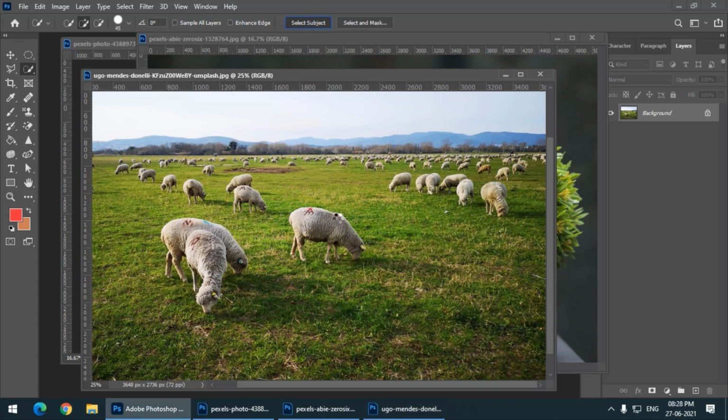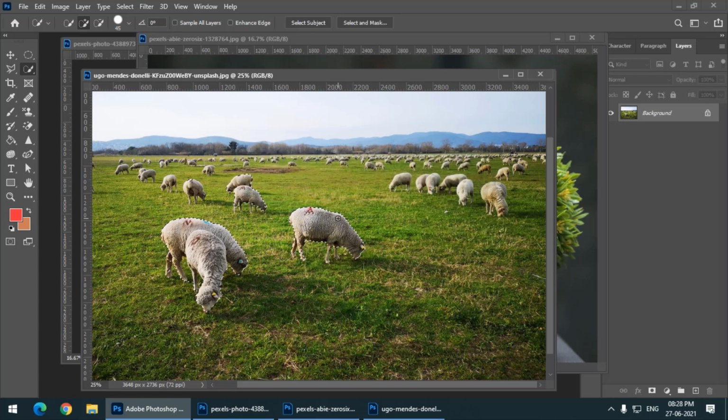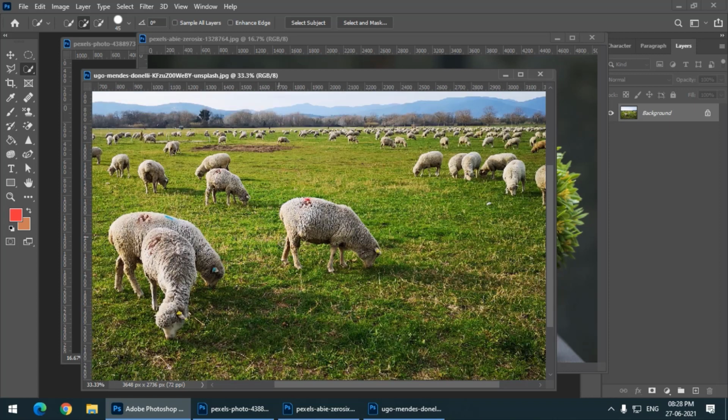It will analyze the entire image, but Photoshop, using its AI, won't be able to recognize the one single object that we want. So it will select whatever it feels right. As you can see, it has selected multiple objects. In this case the object can be anything: a flower pot, a plant, a car, or anything. In this case we want to select this sheep at the center.